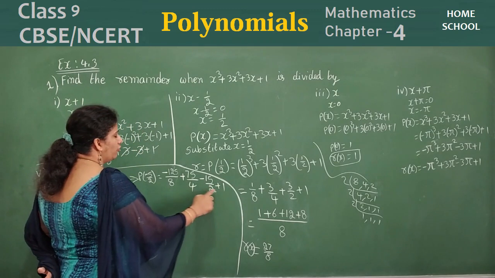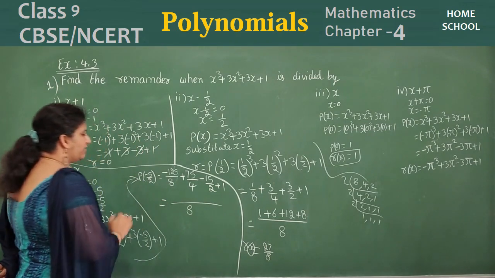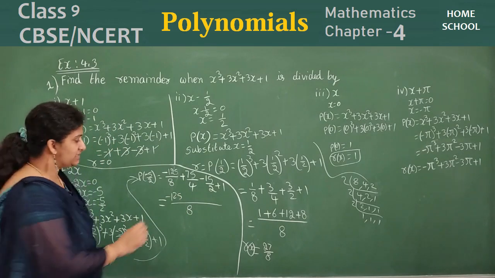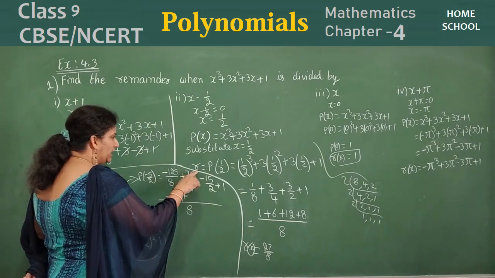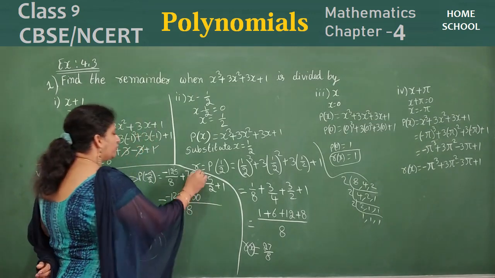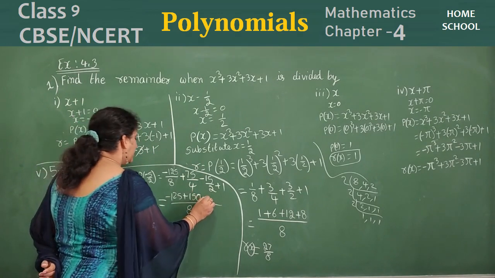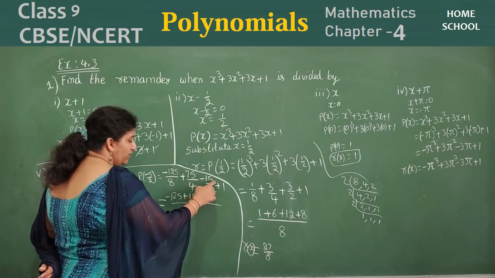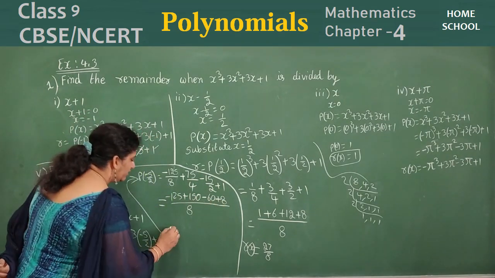Now look here, 8, 4, 2. What is the LCM of 8, 4, 2? It will be 8. So now write. Do the LCM here. Minus 125 plus 4 table where you get 8, 4 2s are 8. That 2 multiply for the numerator. That will be 150. So 2 5s are 10, 7 2s are 14, 14 plus 1, 150. Minus 2 table where you get 8, 2 4s are 8. That 4 multiply here. 15 4s are 60 plus 8 1s are 8.